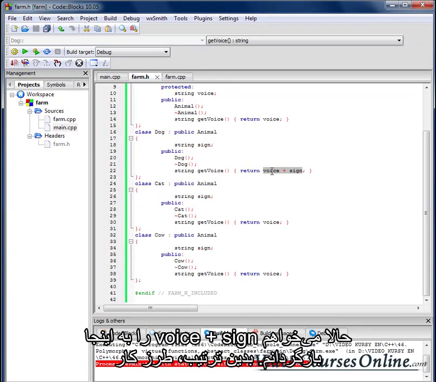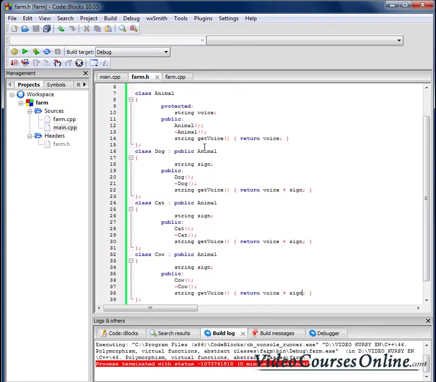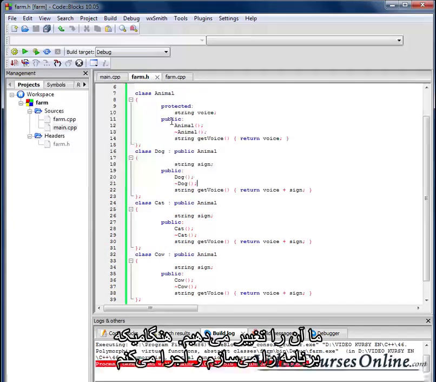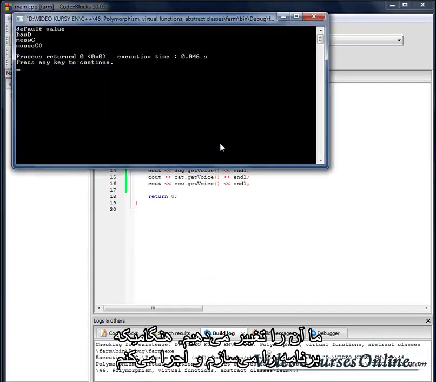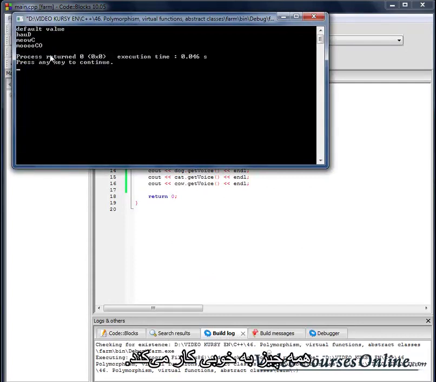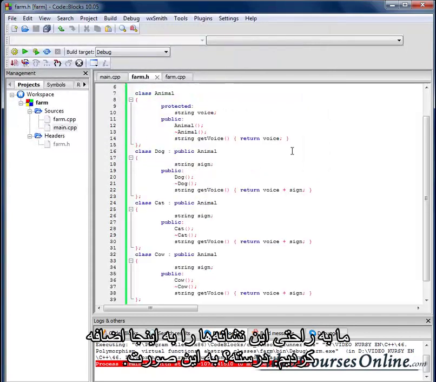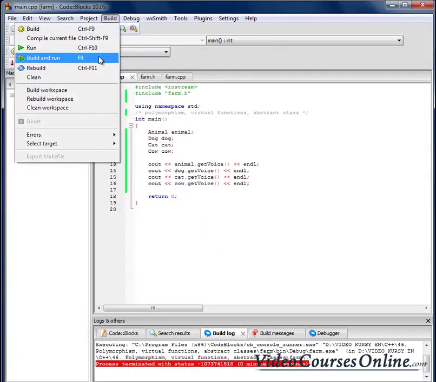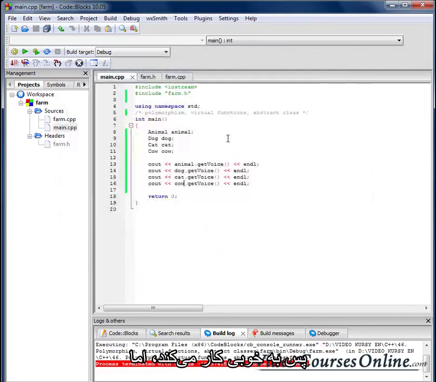Okay, so we're changing a bit how that function is working, right? We're changing it. Now when I build and run that program, everything works fine. We added those signs here easily, right? Well, we can do it that way. So it works fine, but